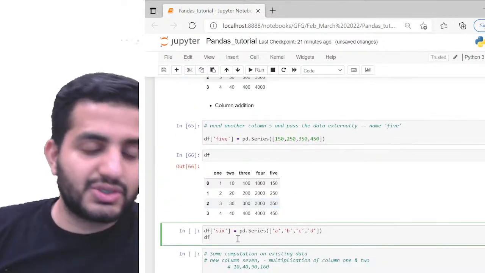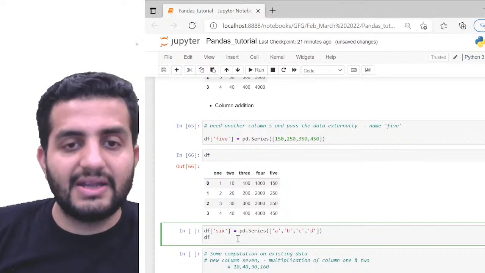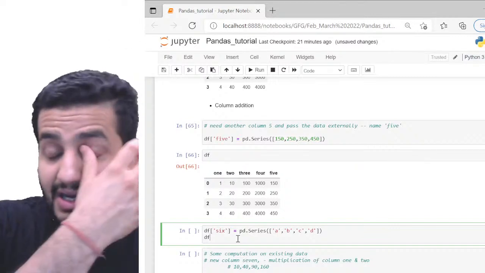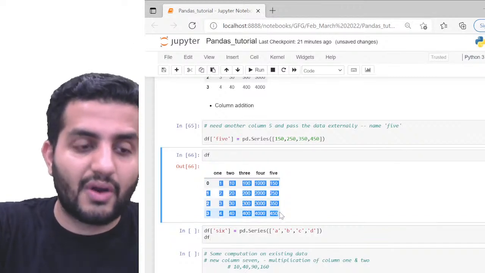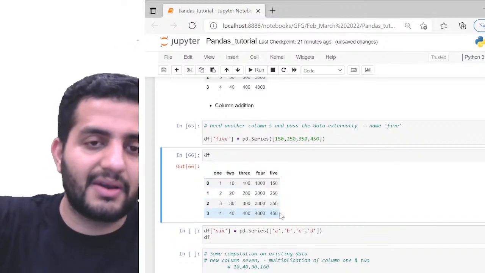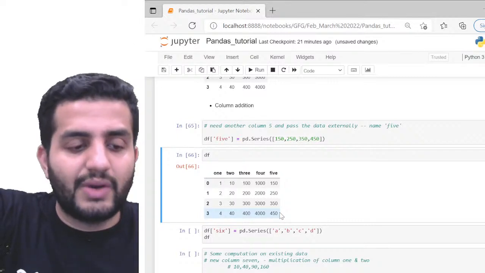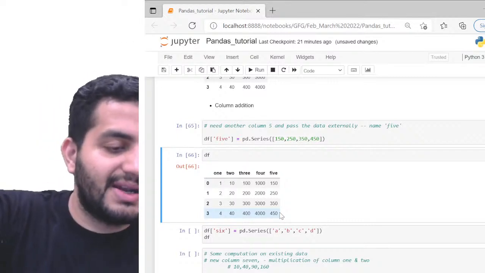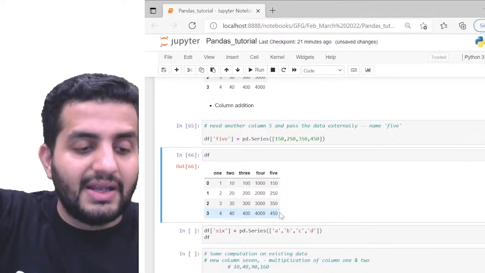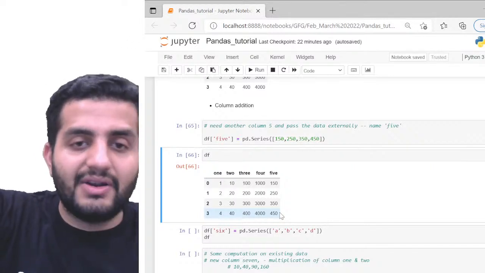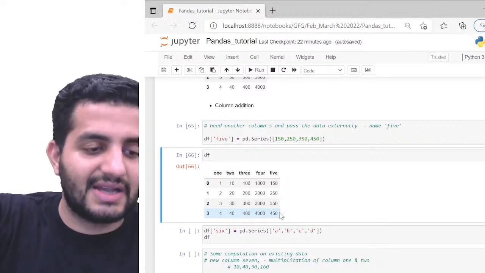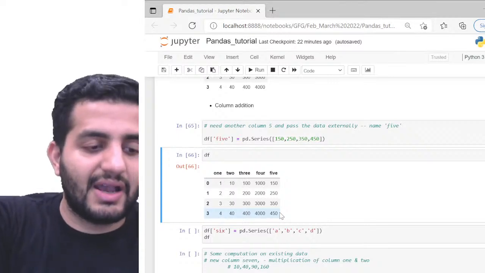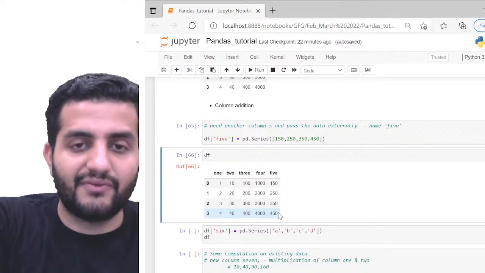Likewise, I can also add another column 6, and this time this column 6 need not be a number. By default we can see that all the elements of my columns are numbers, right? So 1, 2, 3, 4, 10, 20, 30, 40. So all of my data points are numbers. But if I want to create another column 6, SIX, it is not mandatory that I have it in the form of a number.